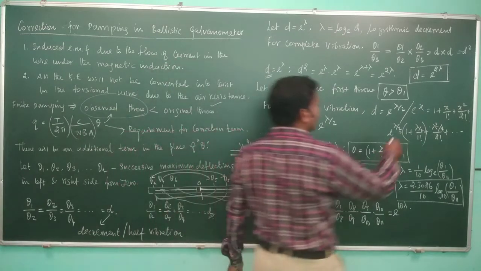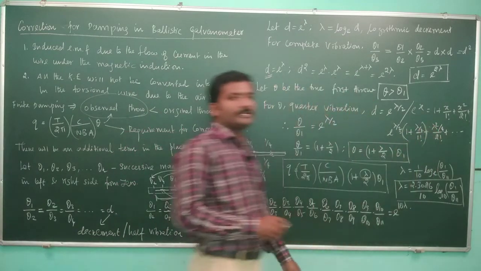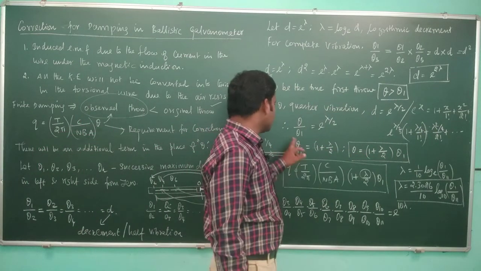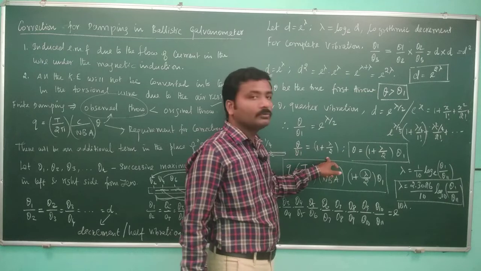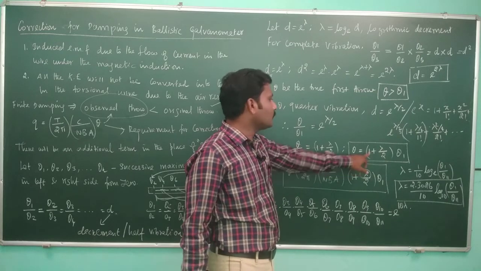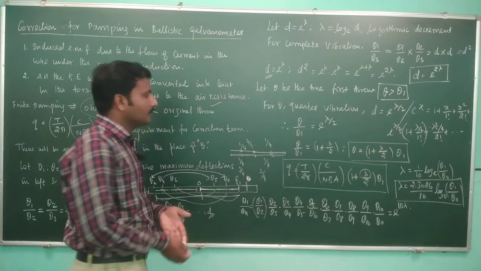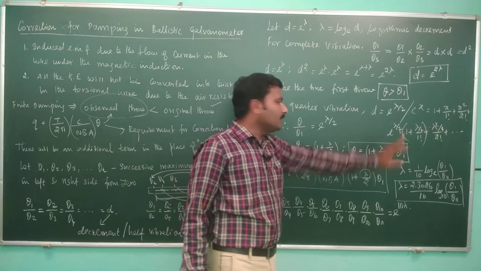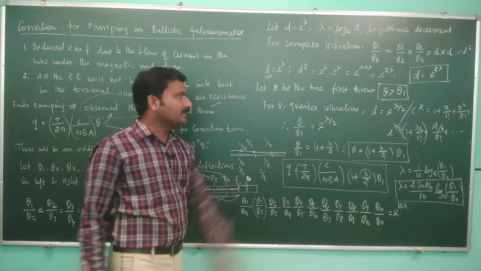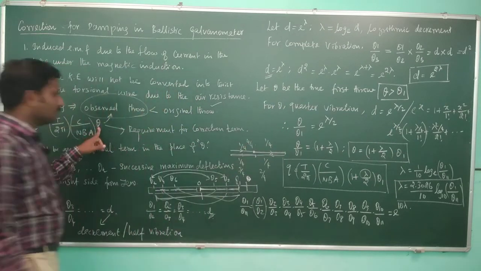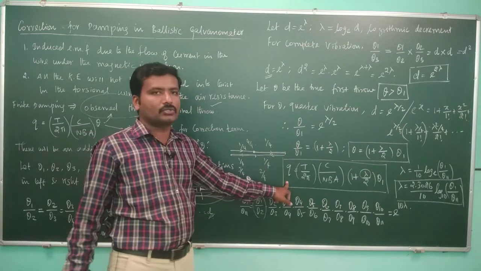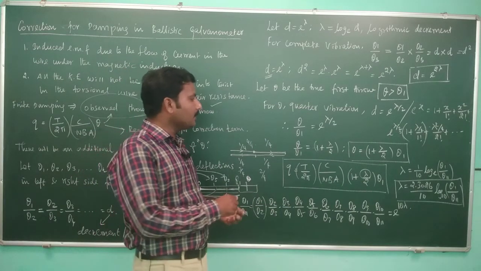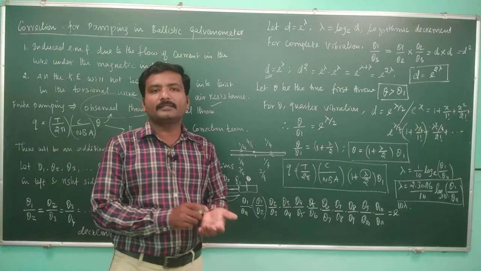We consider only the lower order terms, so that we restrict ourselves to only two terms. So theta 1 by theta, which is equal to 1 by (1 plus lambda by 2), or theta equals 1 plus lambda by 2 multiplied by theta 1. Right? So you substitute this term, 1 plus lambda by 2 multiplied by theta 1, in the place of theta in this equation. That will give you the true value for the charge, which is T by 2 pi C by NBA multiplied by 1 plus lambda by 2 multiplied by theta 1.